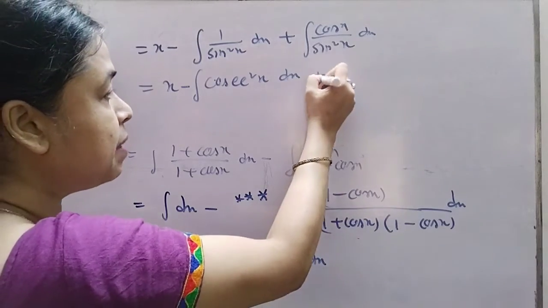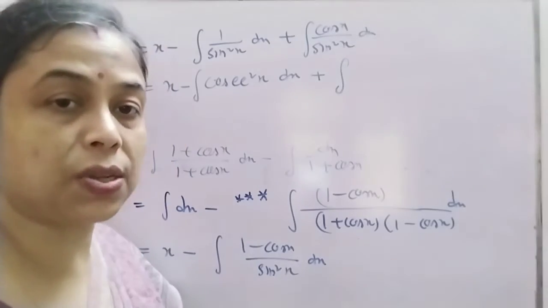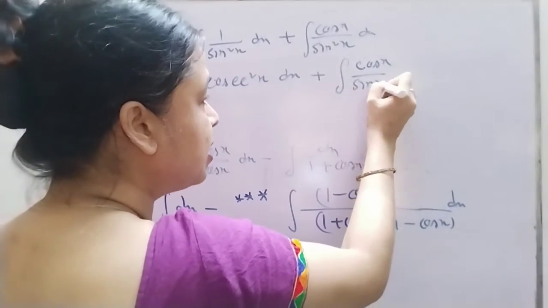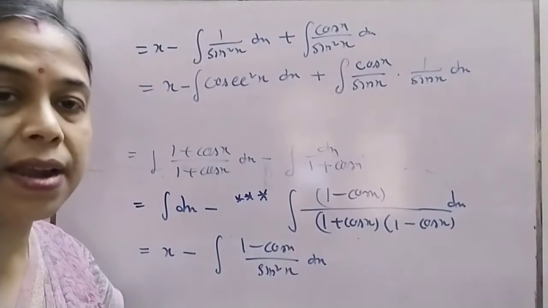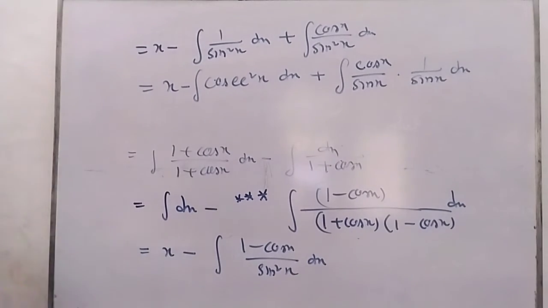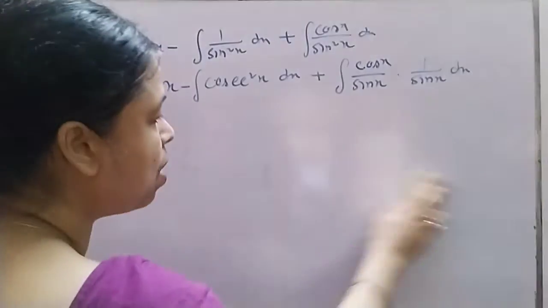But in the first chapter, I had done this type of question. This you have to separate. Don't write it as cos x into cosec square x. You write it in the form cos x by sin x into 1 by sin x. In exercise 7.1, there is a solution of this type. I had discussed it at that time, so if you want, you can go and see there. Now it is integrable.